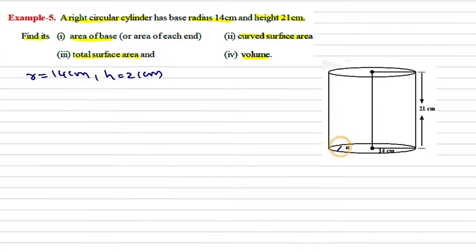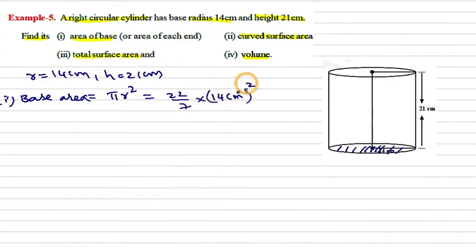So base area, that is circular, it is in the form of the circle. So to find the base area, nothing but it is a circle, so that is pi r square. We are going to use the formula, which is equal to 22 by 7 into radius 14 centimeter square. So which is equal to 22 by 7 into 14 into 14, 7 ones are 7, 7 twos are 14, so we are multiplying, then we are getting 616 centimeter square.